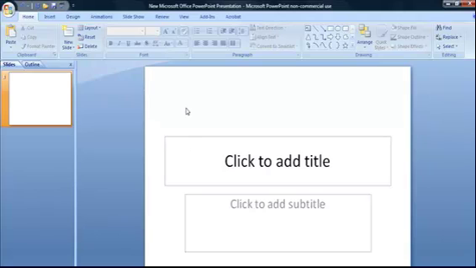So if you were new, that was probably all too fast for you, and that'll be covered in a module or a lesson later in the module. But for those that already know how to do that, then that was child's play. But the point of this lesson is to talk about the anatomy, the new look and feel of the user interface. So if you look to the top of the screen,